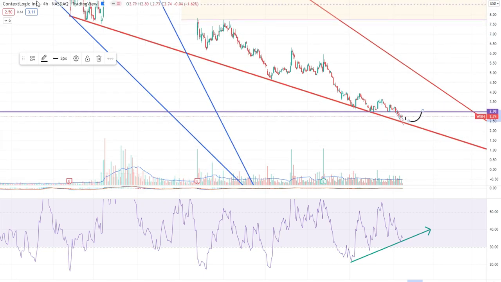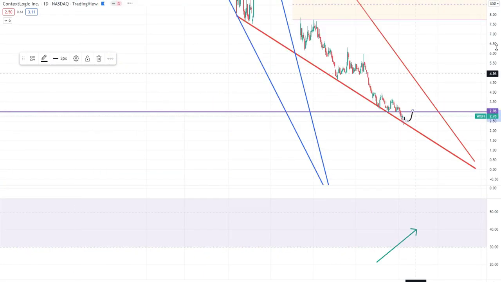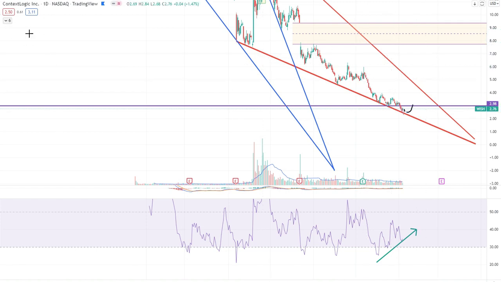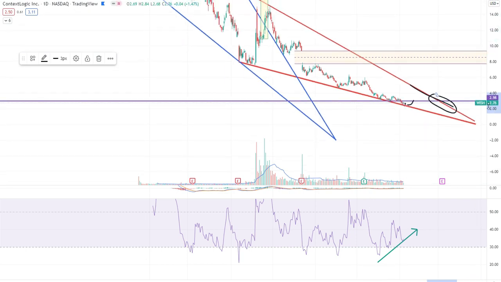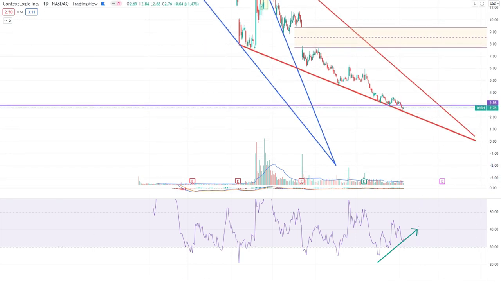And the next step, in my opinion, will be to try, as I said in the previous analysis, to attack this resistance here at a certain point, between, I would say, February and the end of March. Let's make a bigger area. So here, I would expect the price to try a breakout of this descending wedge anytime between February and March, ideally mid-February until mid-to-end of March. If this is going to happen earlier, much better for us, but I don't really care, because as a long-term investor, I really don't care about intraday movements.